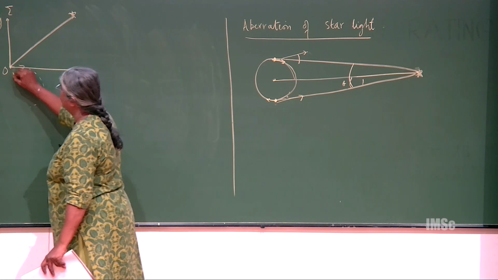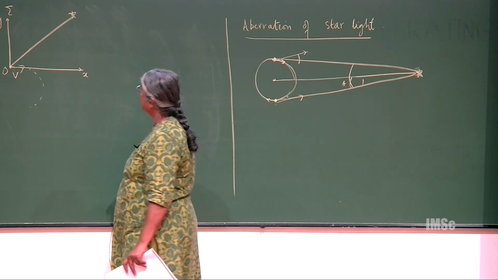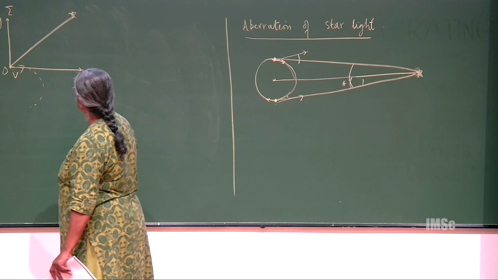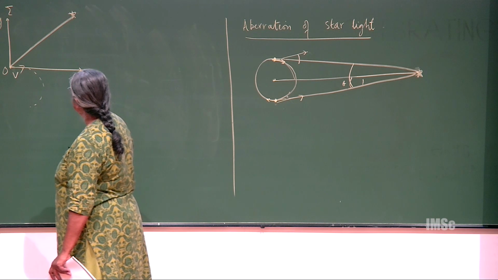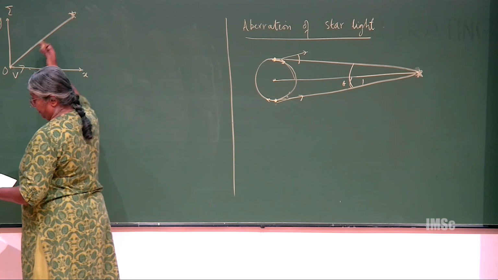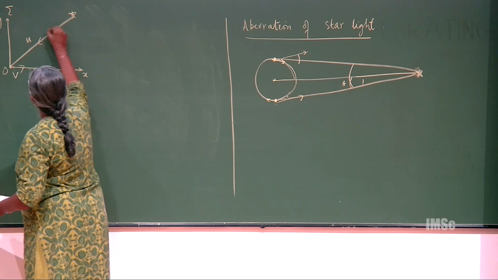So it's moving with, let us say, velocity v, which is known, okay, some 3000 kilometers per hour or whatever, going around the sun,